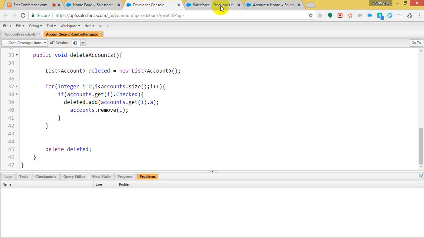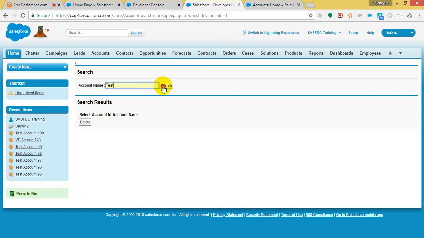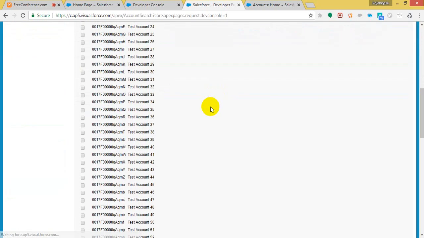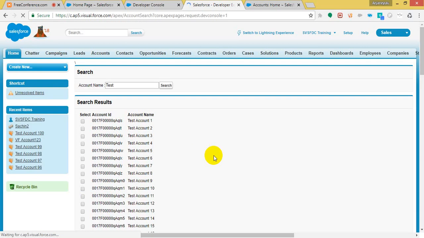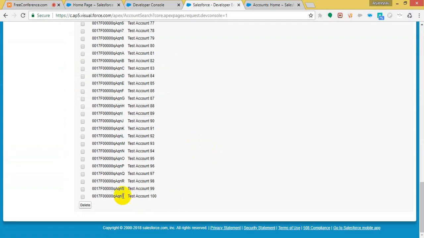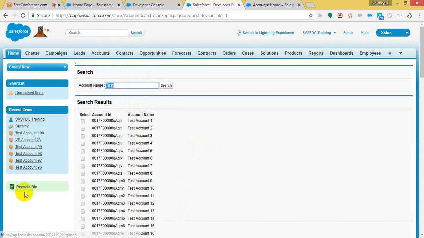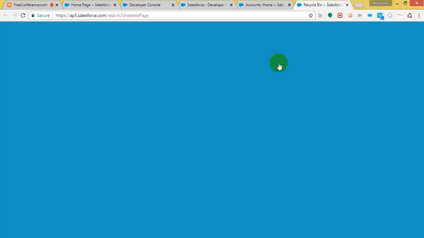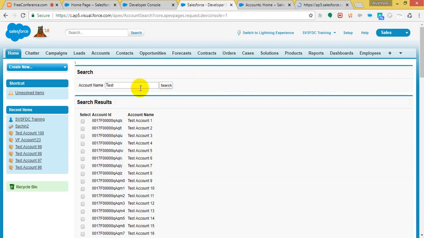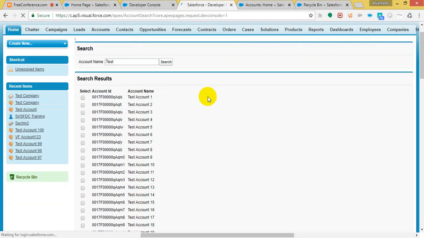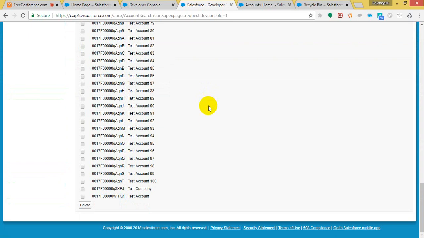Okay, let's test this. Now, what is the last one? Last one is test company. It's gone. And if you go to the recycle bin, you can find those records as well. Test company, test account, and delete. Now search again, those will be back. If you delete 10 records,